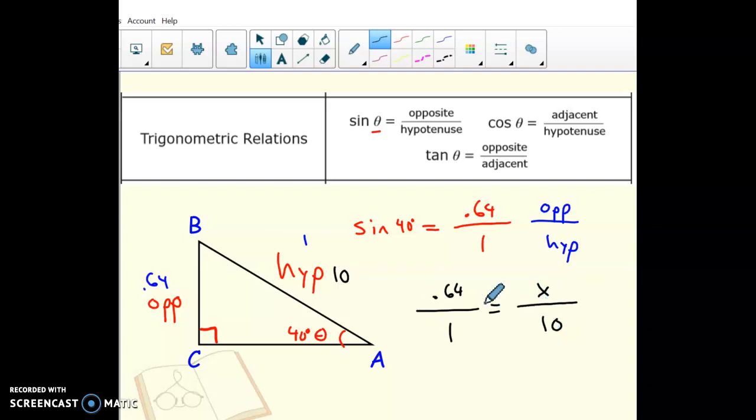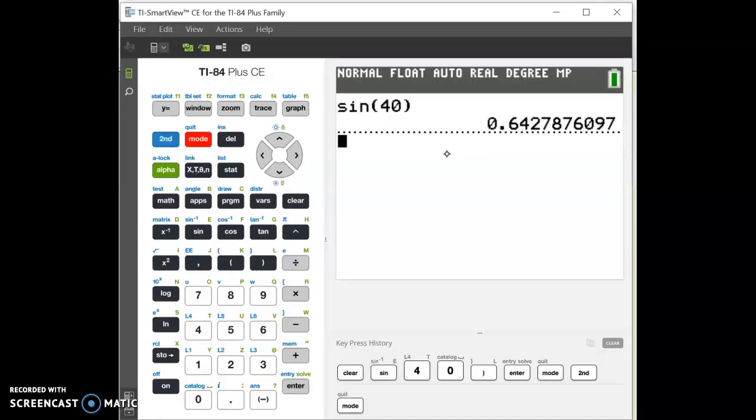Put x there, and then you can just solve this with cross products. So you do 1 times x is x, and then 10 times 0.64 is 6.4. So that would tell us that if the hypotenuse was 10, this would be 6.4 units. Okay, and so kind of the idea is that when you type sine 40, that ratio is consistent no matter